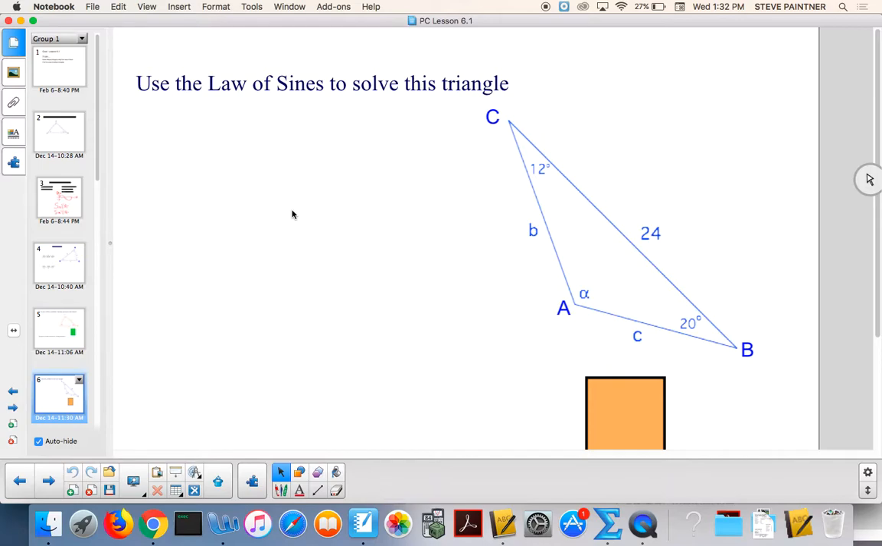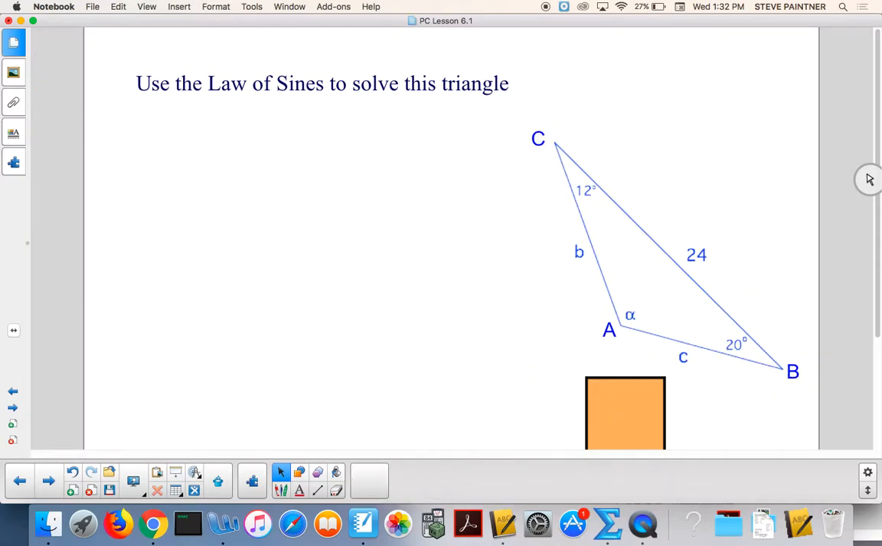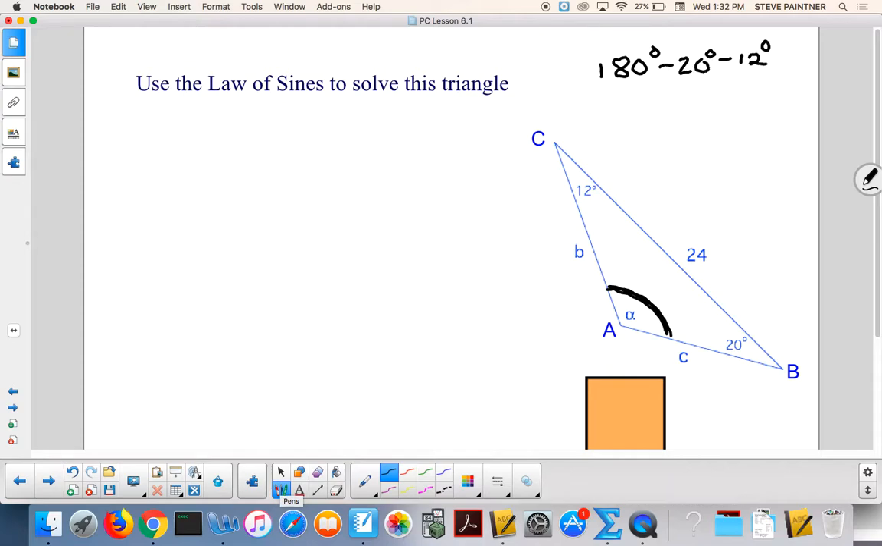So you did, I think you did. What's this? It's a triangle. No, this angle right here. 140. Okay, 180 take away what? 20 take away 12 is 148. Isn't that angle A? Okay. So with that, if you know that's 148,